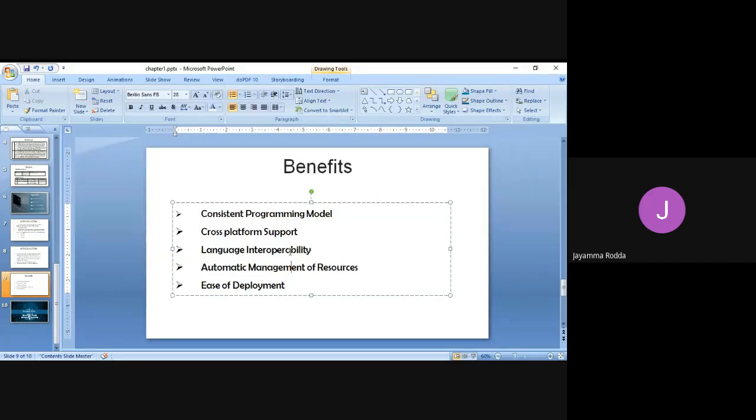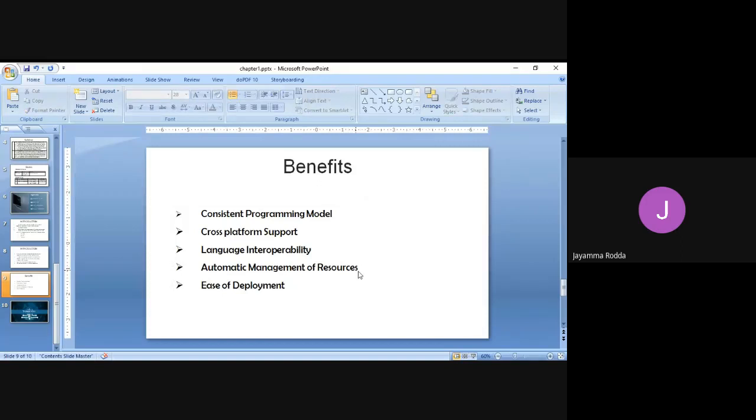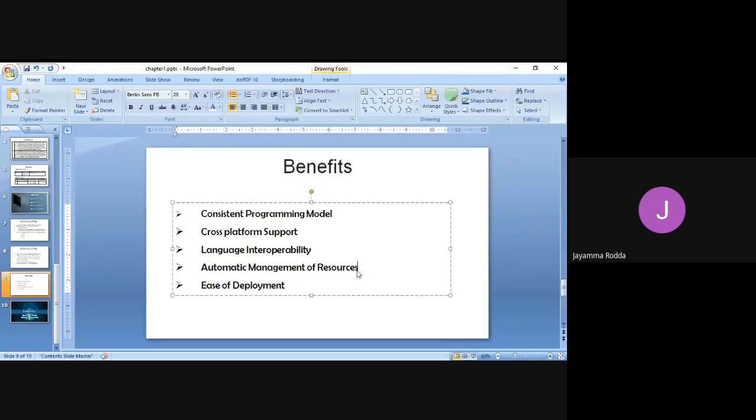As I said, if a particular variable occupies 4 bytes of memory, usually in our program we are not using the entire 4 bytes, only 2 bytes. The remaining 2 bytes will be free. That 2 bytes of memory will not be wasted, it will be reused. Whatever memory is wasted is collected by the garbage collector, and it will utilize it for another memory reference. Okay, so automatic management of resources is nothing but the garbage collector collecting the memory.